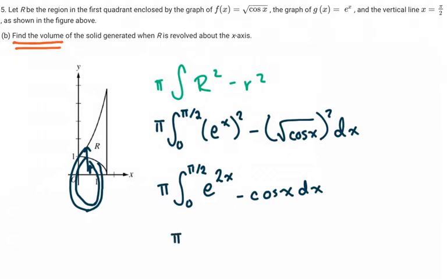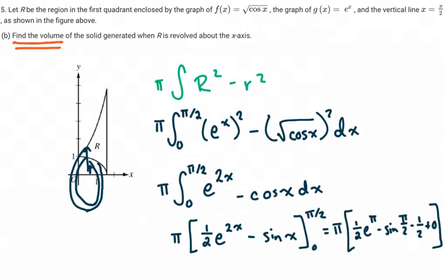integral. I'm going to keep the pi out front, and then it's 1/2 e to the 2x, because we're just dealing with the coefficient created by the chain rule, minus sine of x, and still from 0 to pi over 2. And from here, it's a little bit of arithmetic. Sorry, I ran out of space a tiny bit there, but we end up with pi over 2 plugged in here, minus 0 plugged in, e to the 0 is 1, so that's just minus 1/2. And then sine of pi over 2 becomes 1,